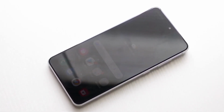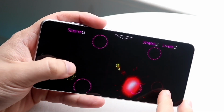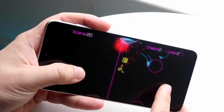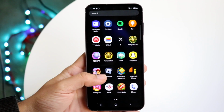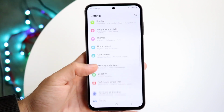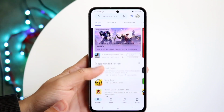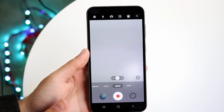Now with the S23 FE, they changed things up a little bit. So you're still getting that same 6.4-inch dynamic AMOLED display. It's still 120Hz and still full HD, but I feel like it's not as good of a panel, meaning they put a little bit more bezel around this display than the S21 FE actually had. Now this is a very weird thing. I don't know why Samsung did this. It gives me like Samsung Galaxy A14 type of energy, and that's a cheaper phone. That's a much cheaper phone than this thing. So the S21 FE actually feels more premium in my opinion than the S23 FE in this particular standpoint,